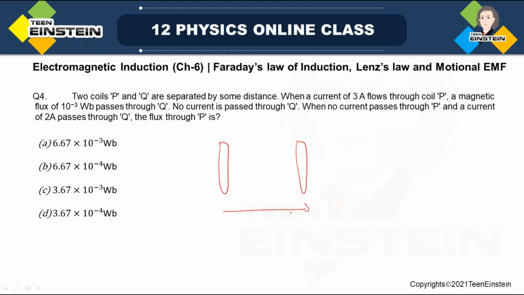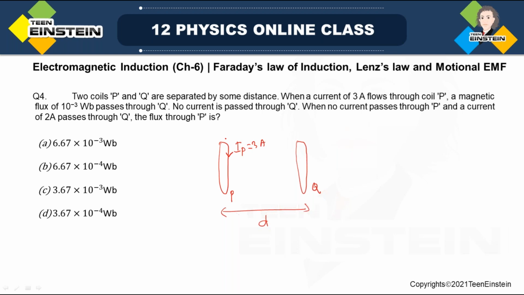They are separated by a certain distance, say D or L, whatever it is. This is P, and this is Q. When a current of 3 ampere, say I_P, flows through P,